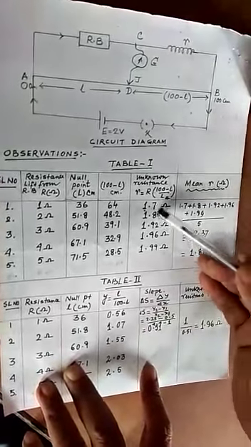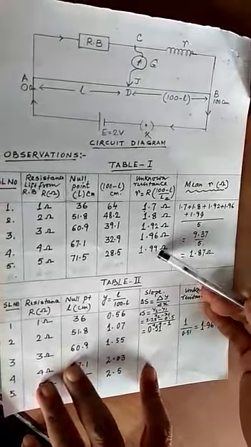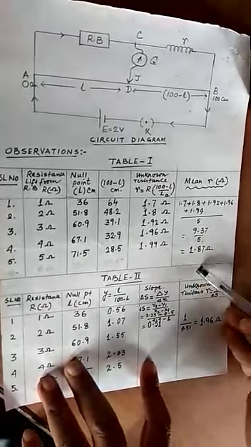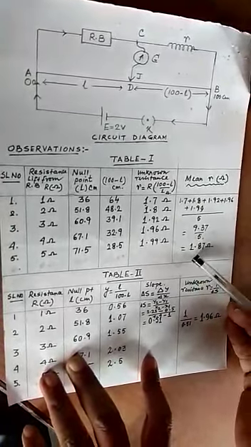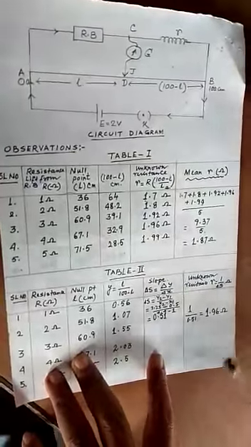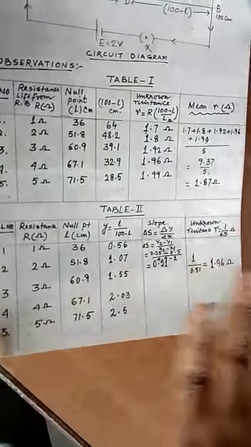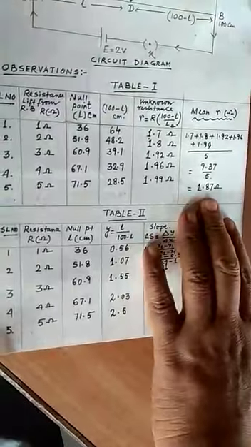And finally you take the mean of these 5 data. So the ultimate value of the small r is 1.87 ohm. Now I calculate this value of r from the graph. You see,